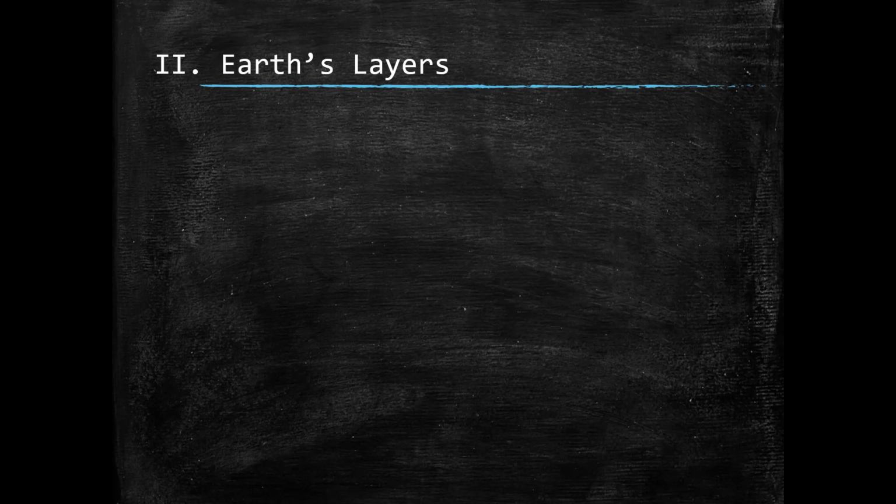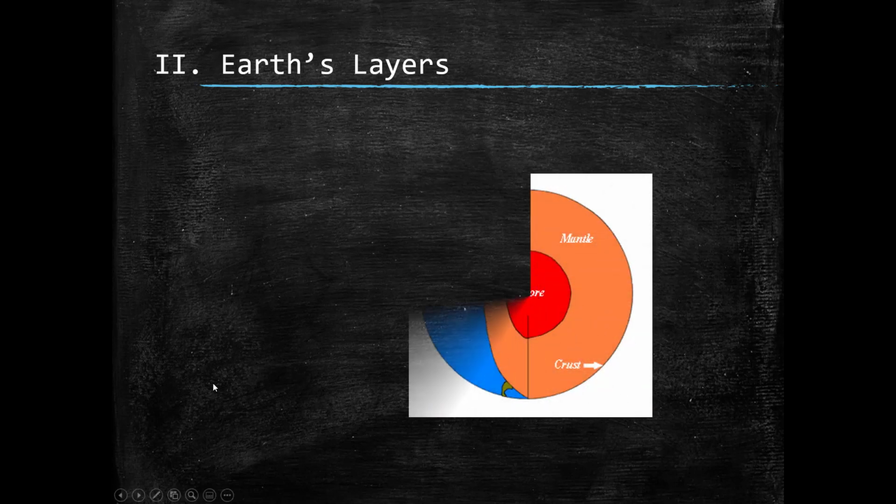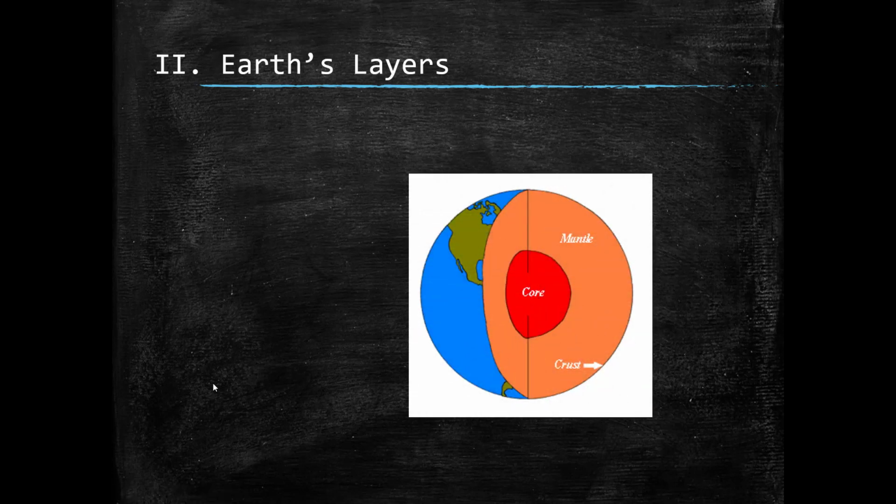In this lecture, we're going to continue diving deeper into a lot of the topics that we learned about in physical geology. We're just going to learn about them at greater depth and with more level of detail. So if you think that you know everything about the Earth's layers, chances are you might learn something, and I hope you do. We're going to start our conversation about Earth's layers in the middle with the core of the